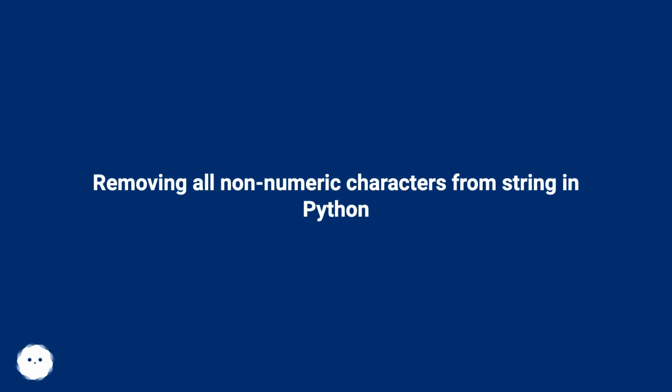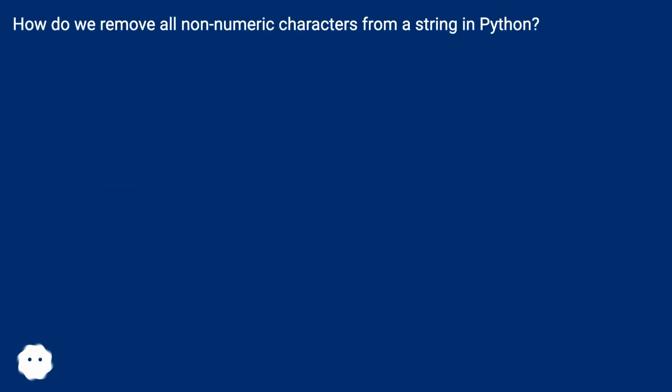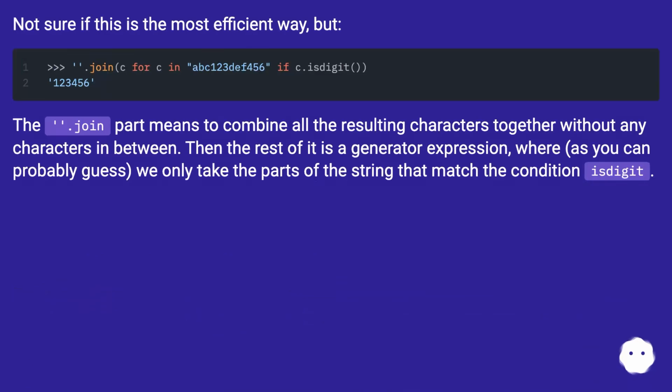Removing all non-numeric characters from a string in Python. How do we remove all non-numeric characters from a string in Python? Not sure if this is the most efficient way, but